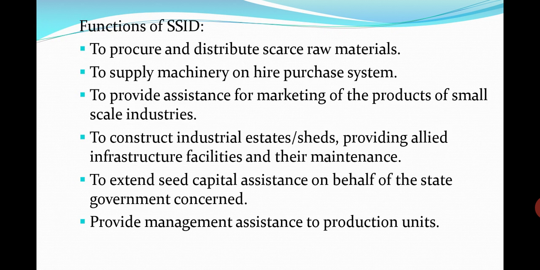Let us know about the functions which are performed by the State Small Industries Development Corporation. To procure and distribute the scarce raw materials. Raw material is one of the major problems in the case of small scale industry. So, procuring and distributing the essential raw material which is needed at the time of the production process, that function is performed by this State Small Industries Development Corporation. To supply the machinery on hire purchase